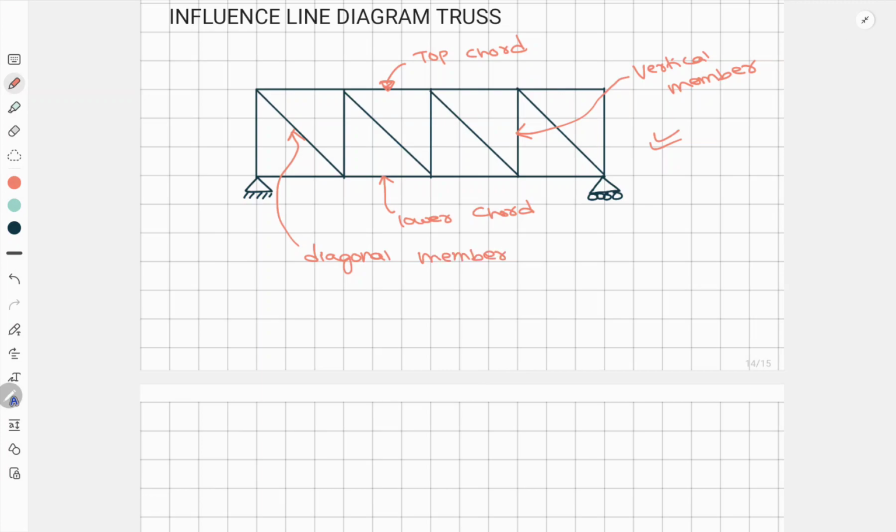Now if the question says that you have to find the influence line diagram for this